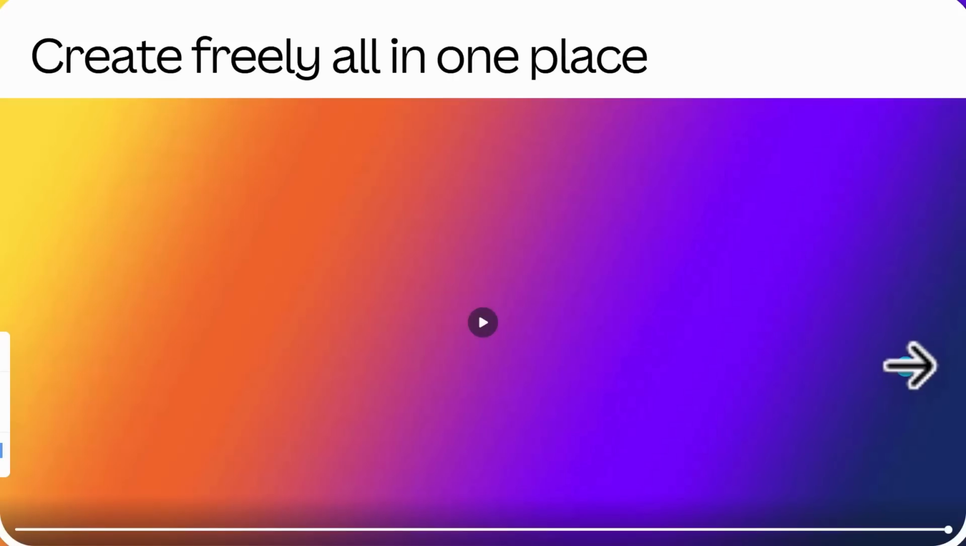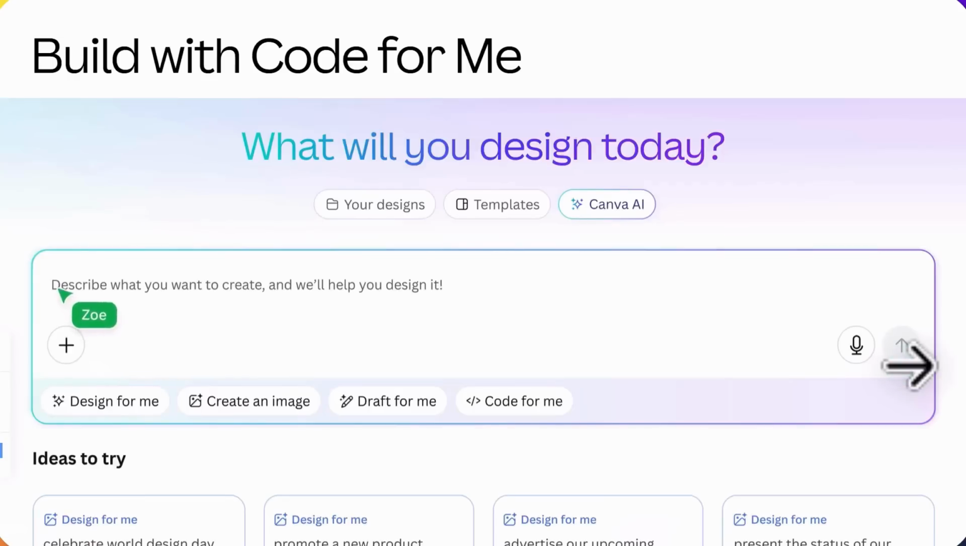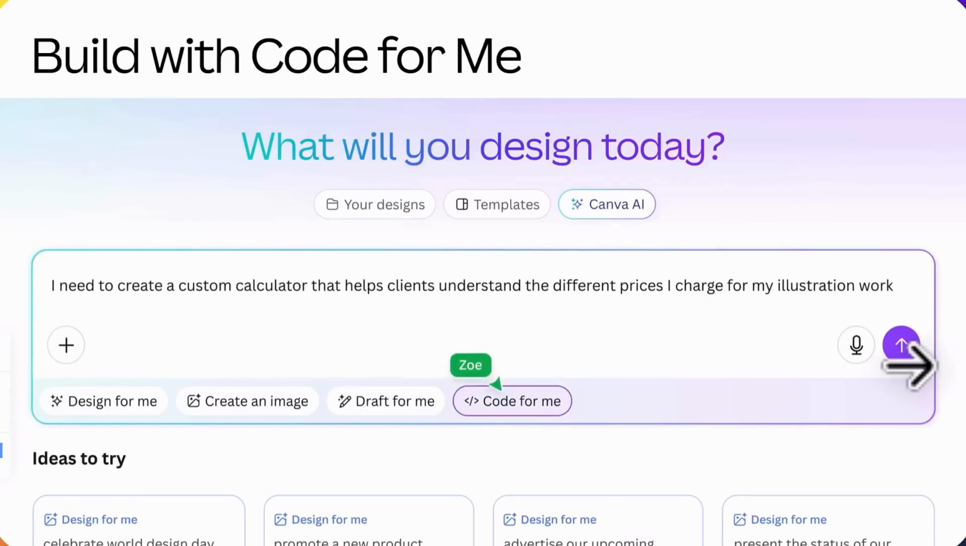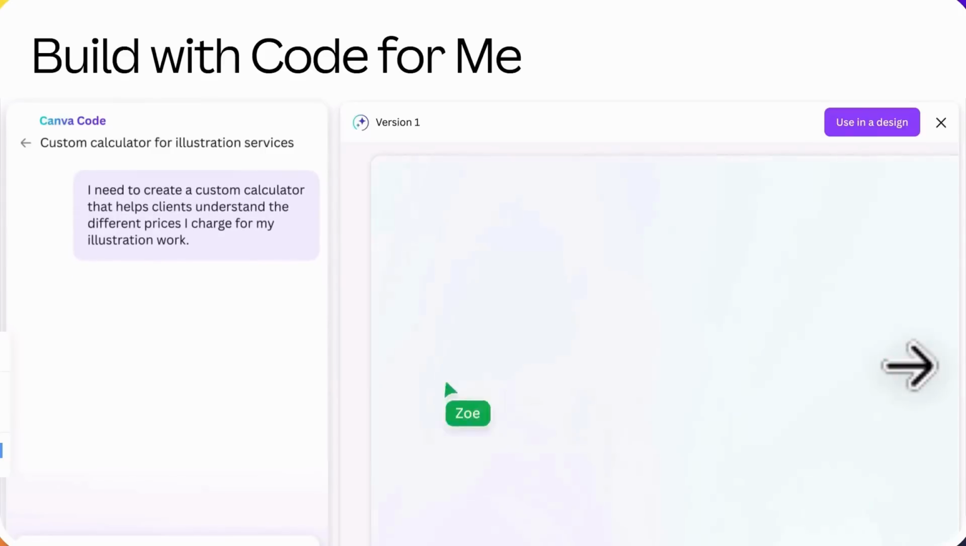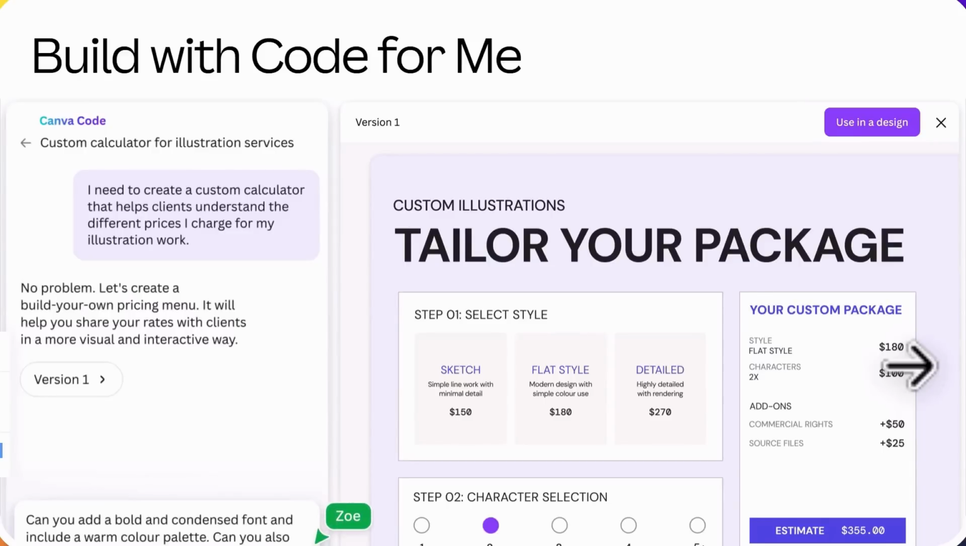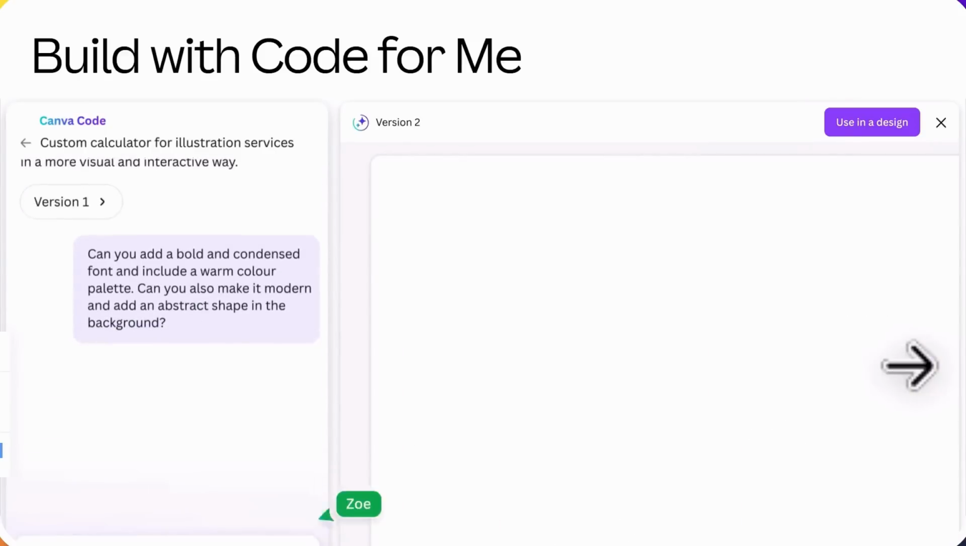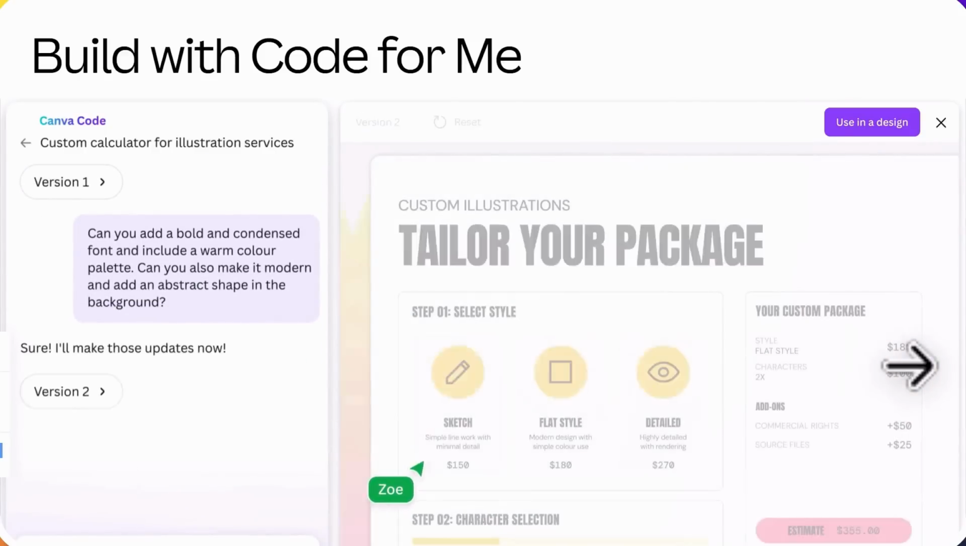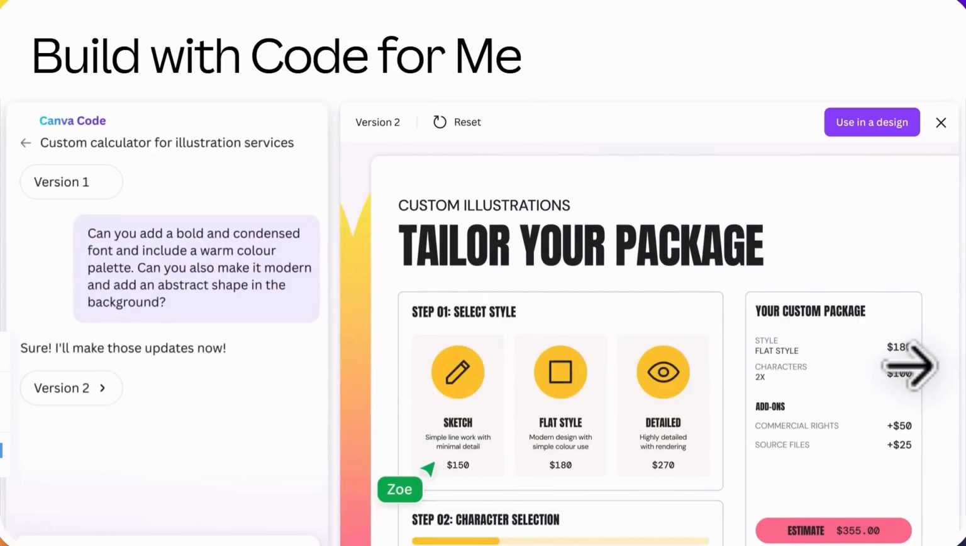Another really exciting drop is the Canva Code for Me. Let's watch it in action. From your homepage from the 20th of May, you'll be able to access Code for Me if it's been enabled by your schooling district. You simply type a prompt and your Code for Me is going to build for you a tailor-made